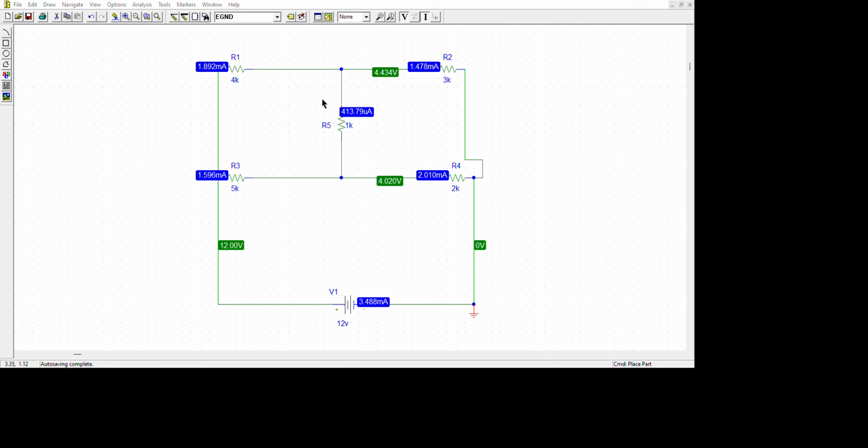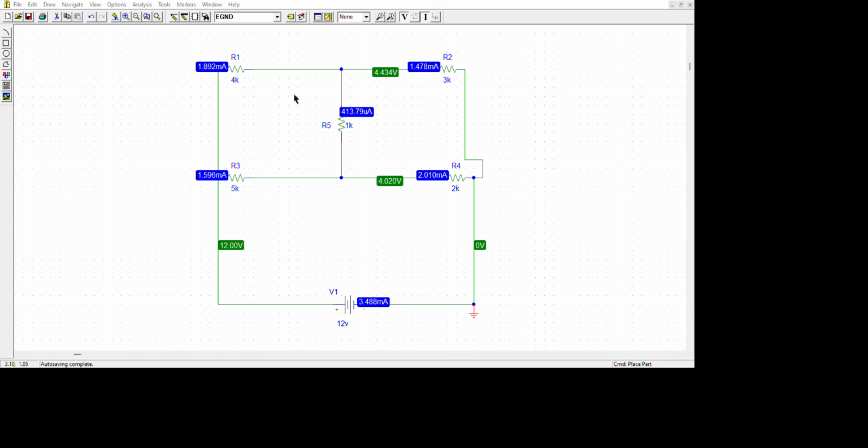So simply add 1.892 plus 413.79 microampere. We have to convert it to milliampere, that is 0.41379 milliampere. The answer will be 2. Well, now here an error came.